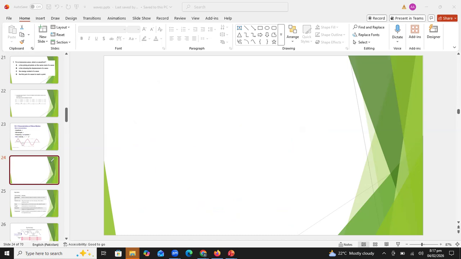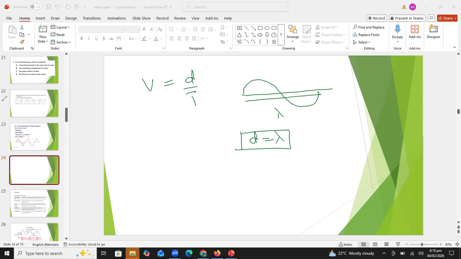I'm moving towards the next characteristic, that is wave velocity. How can we define the wave velocity? It's simply the speed of the wave. Wave velocity means speed of the wave, and speed is equal to distance upon time. What is the formula of speed, students? It is distance upon time. Distance in terms of a wave is the horizontal distance of one cycle, which is defined as wavelength. So basically I can replace the distance with the letter lambda. So now students, the formula will become lambda upon T.